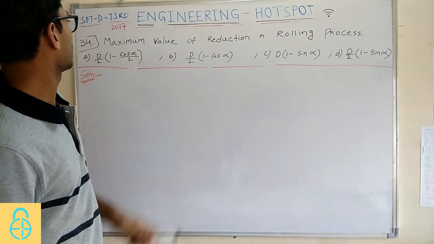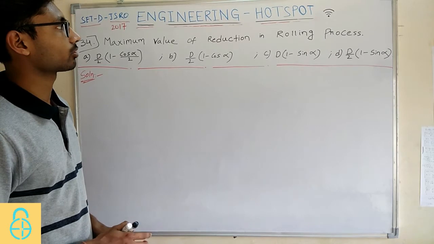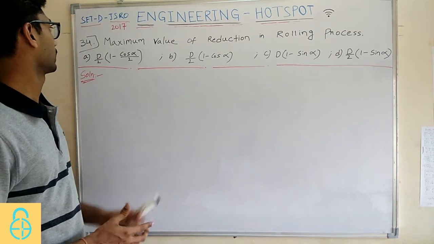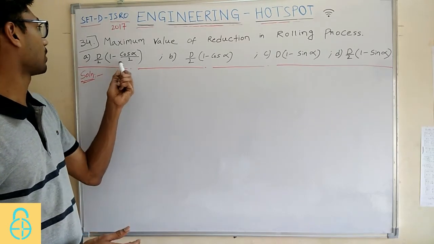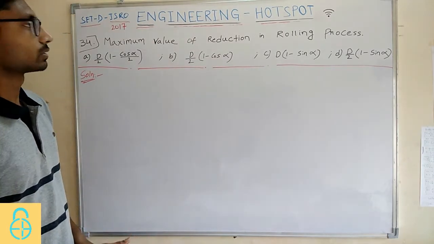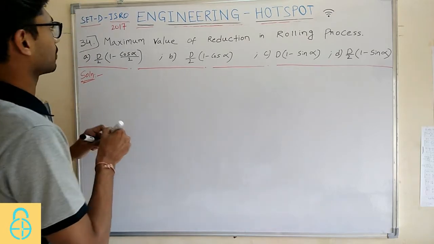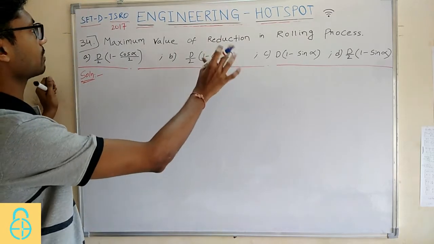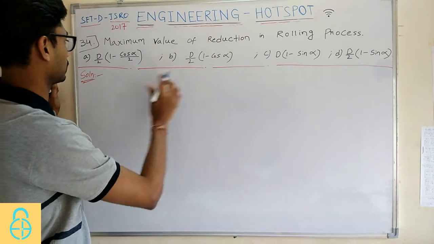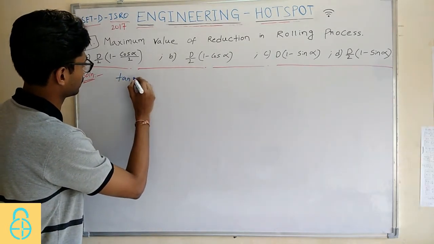In this question, they ask: the maximum value of reduction in the rolling process is which one? They have given four options like this, this, and this. For calculating the maximum value of reduction in the rolling process, you need to remember one thing, that tan of